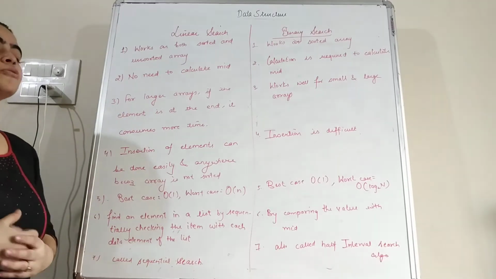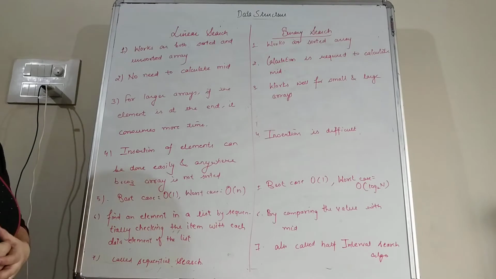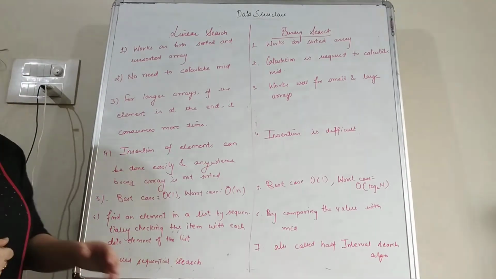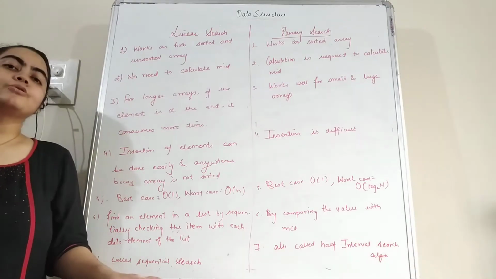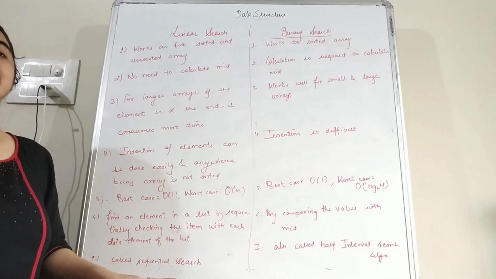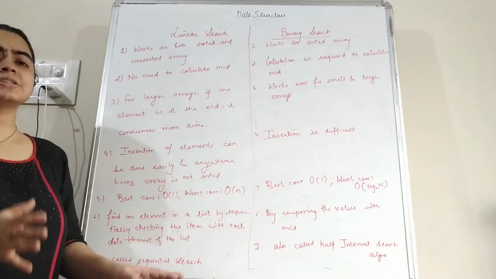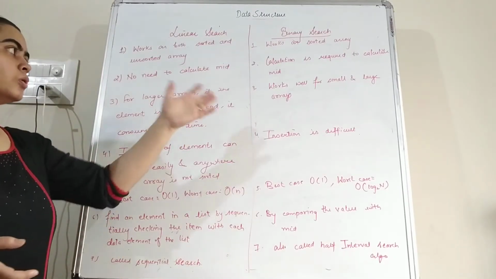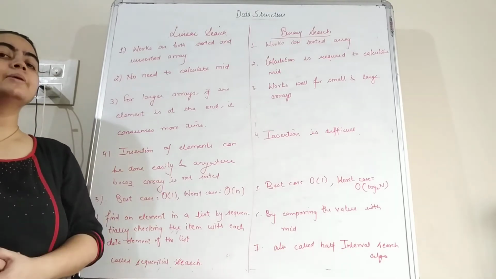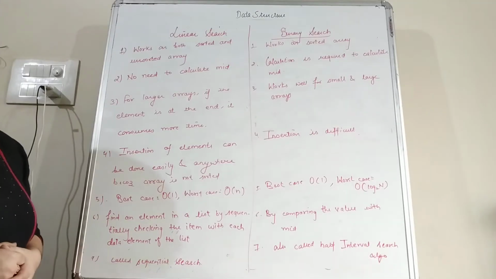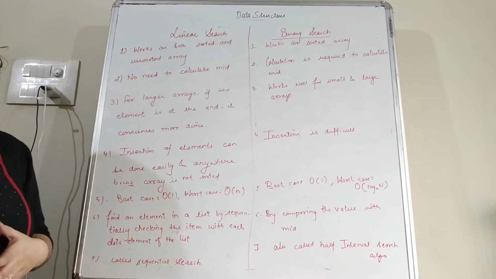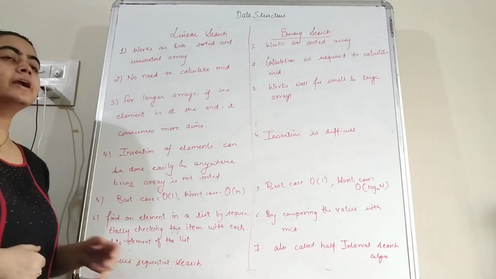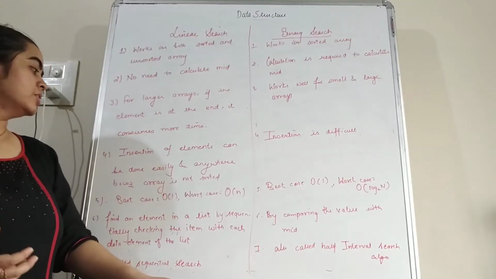So that means for large arrays it is time consuming, but in case of the binary search it is not time consuming. Why? Because by calculating the value of the mid, we can divide an array into subparts, and we only need to search from the part where the item is present. So it can reduce the time to find the elements from the arrays, whether small or large.